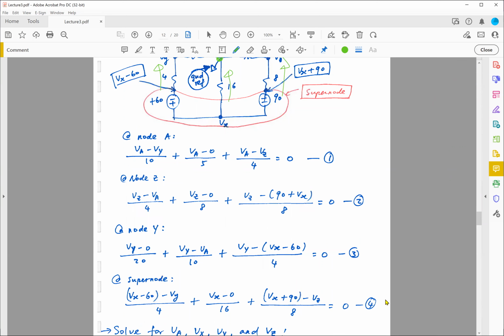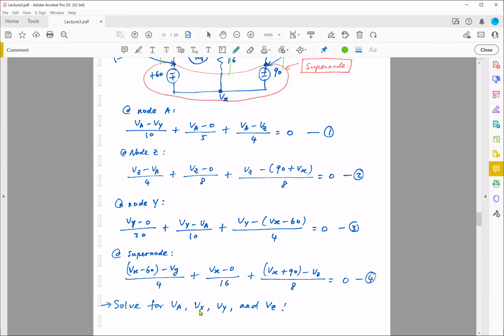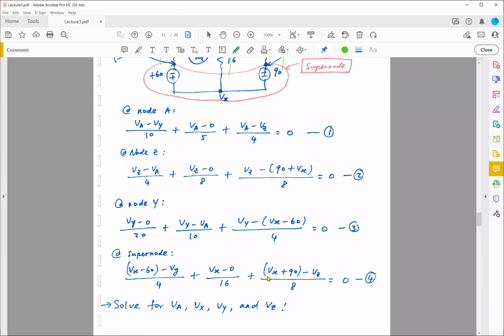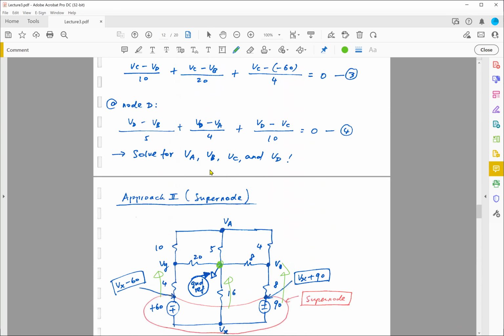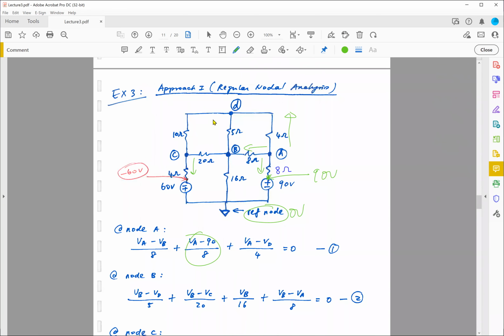And now you have 4 equations, 4 unknowns, so you can go ahead and solve for Va, X, Y, and Z. And I invite you to try this out, just to make sure the answers you obtain are the same as the ones that we